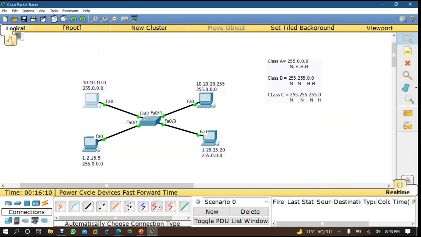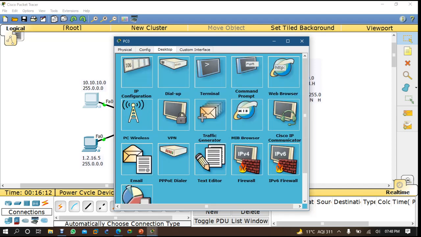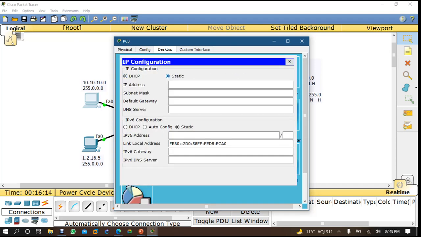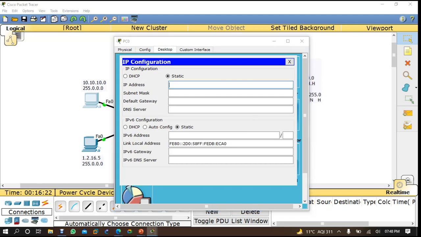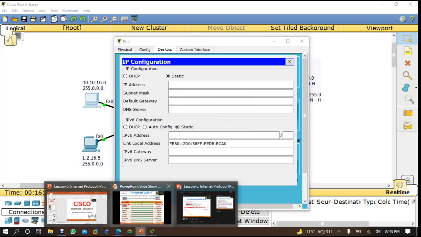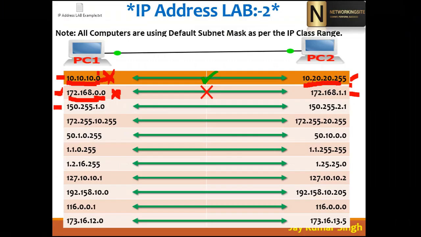Okay, so let's come here and come to the IP segment. Use 172.16.0.0. Now see, invalid IP address, right? Okay, so I gave you the example. Now give me the answer of this third one.